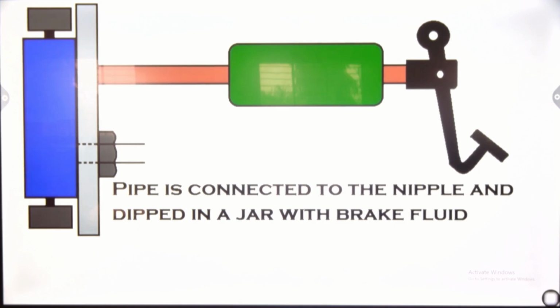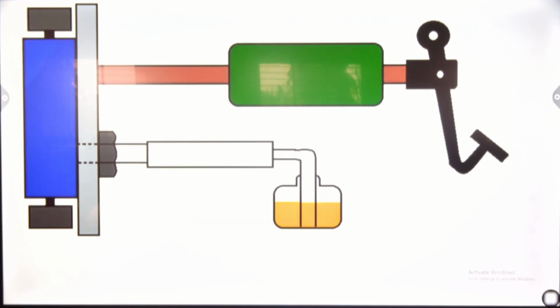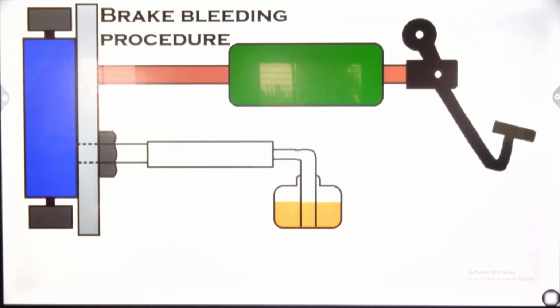उसके बाद क्या होता है ना, ये जो वाल्व है ये जार के अंदर फिल होता है, मैंने ब्रेक फ्लूइड को एयर रिमूव करने के लिए यूज किया जाता है, उस प्रोसेस को ब्रेक ब्लीडिंग कहते हैं।